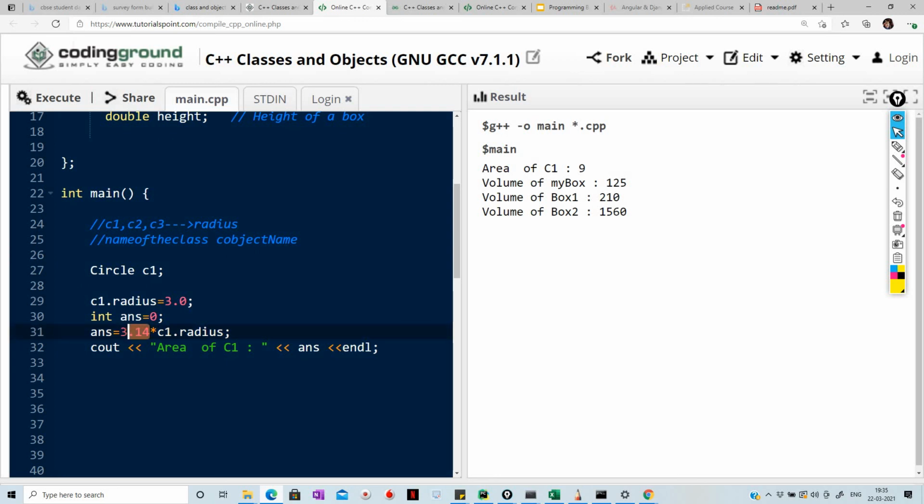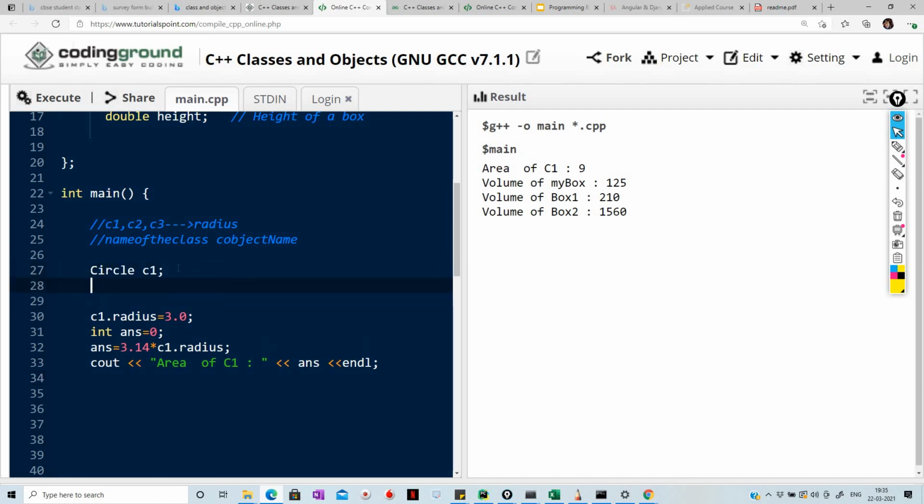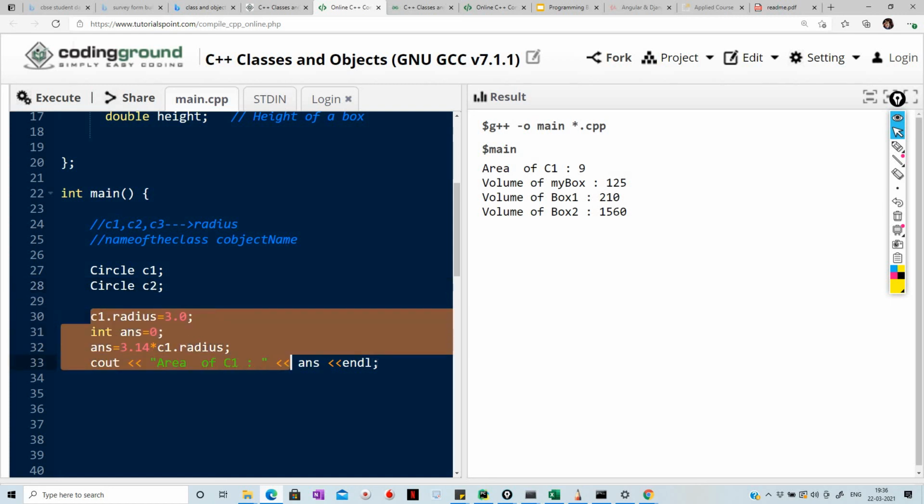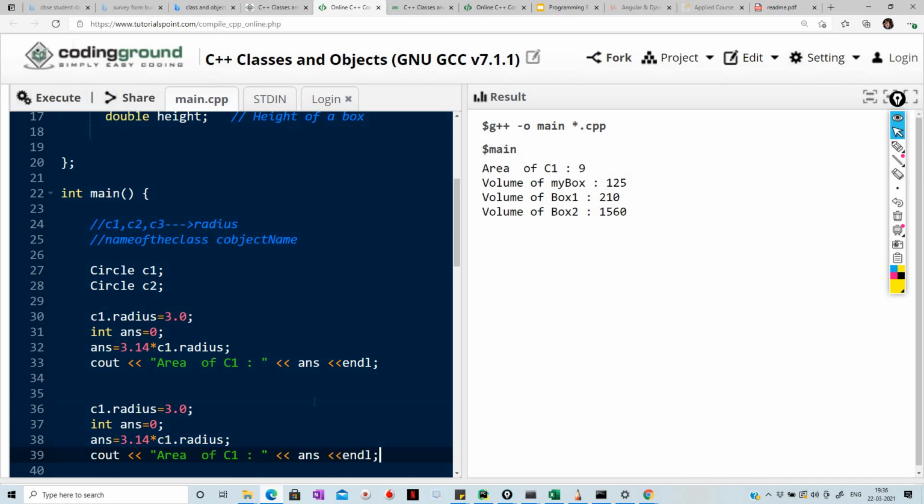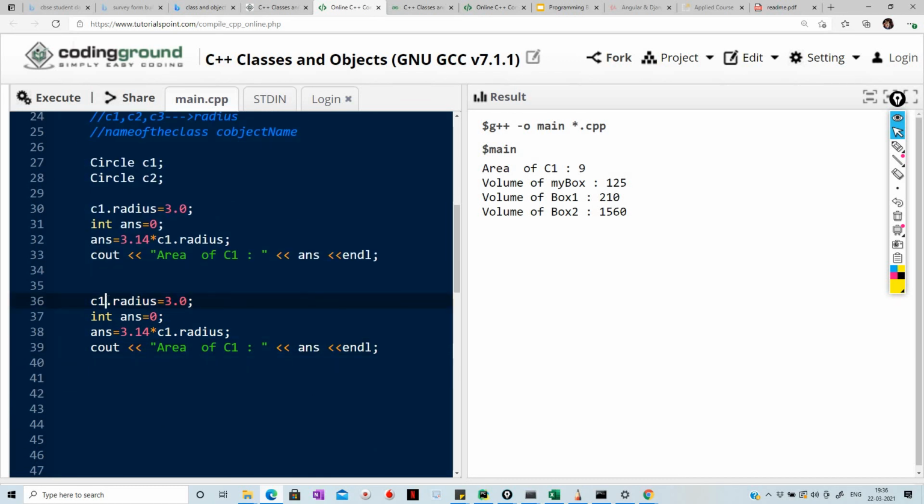Okay, so if you have one more circle, उसका वापस से निकालना है, तो what you have to do, you have to create one more object for that class actually. So I created one more object. Let's call it circle C2. Okay, and then you have to just copy this code and change it for C2. Just replace this with C2 because हमने C2 के नाम से रेफरेंस बनाया. Give any other value, 6, and everything looks same.